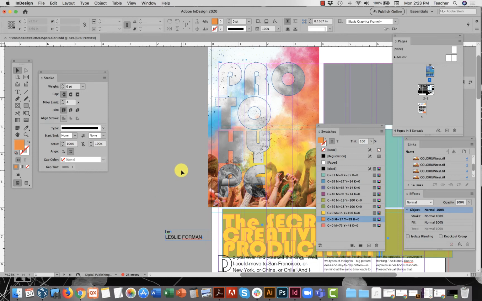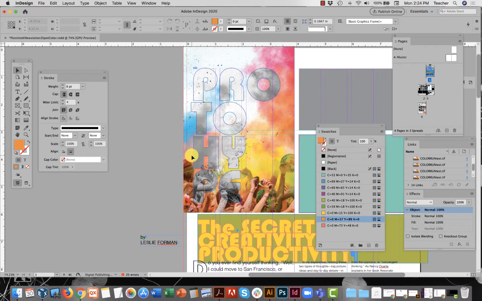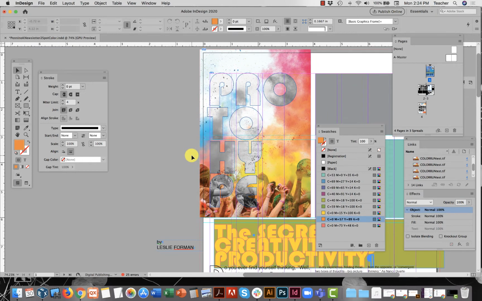So I have re-saved this file I've been playing around with for you guys and showing you swatches. I've resaved it under the name ToSpot Color so that I can use this resaved version of this file to show you guys how to work using only two spot colors. So right now, just about everything's wrong with this.